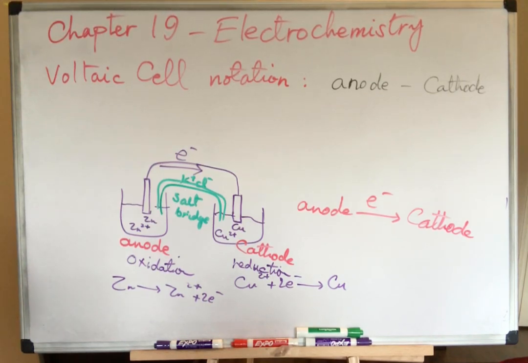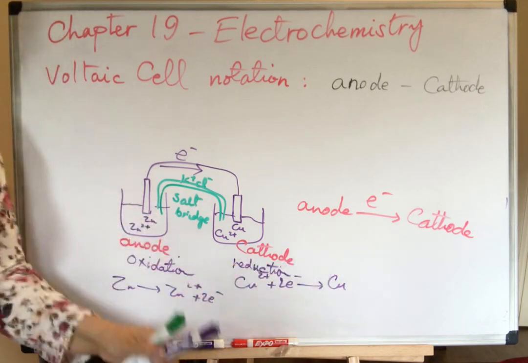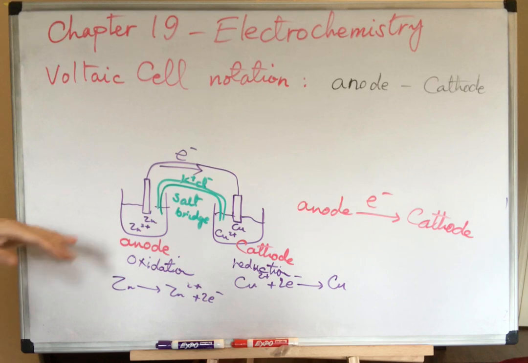About the notation of the voltaic cell. We learned that a voltaic cell is composed of an anode and cathode. The notation, if we don't have the picture, which we normally don't, how to be able to write the notation and find out what reactions and what metals, what electrodes we are using, what electrolytes we are using. So